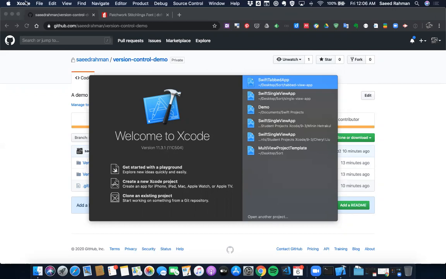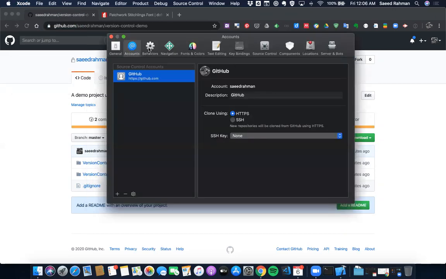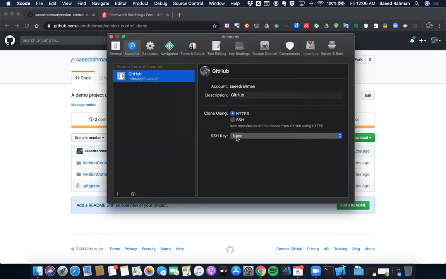So the first thing you need to do is go into your Xcode preferences and ensure that you have your Git account credentials within the list of source control accounts. You can add your account by clicking on the plus button here and make sure that you click on GitHub. And then you need to add your login credentials for GitHub for it to authenticate you and add your